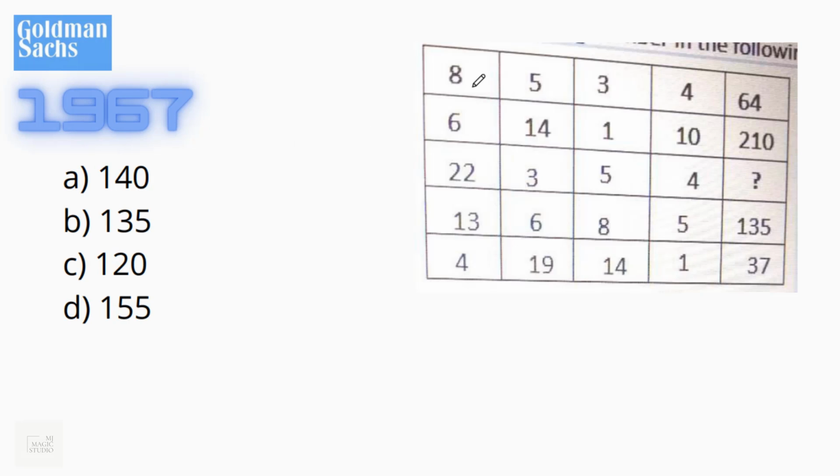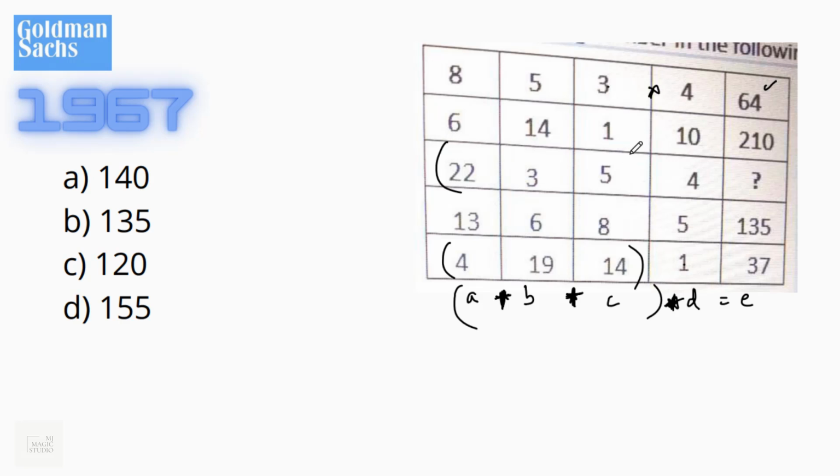So one more of the same tabular format which we have done earlier also. Let's see if that works out here. That is, A, B, C, D should give us E, something like that. So let's see if it works out here. 19 plus 4 is 23 and 14 is 37. 37 into 1 is 37. So this is what we observed in one of the previous puzzles also. So it would be A plus B plus C into D must be equal to E. 8 plus 5 is 13, plus 3 is 16. 16 into 4 is 64.